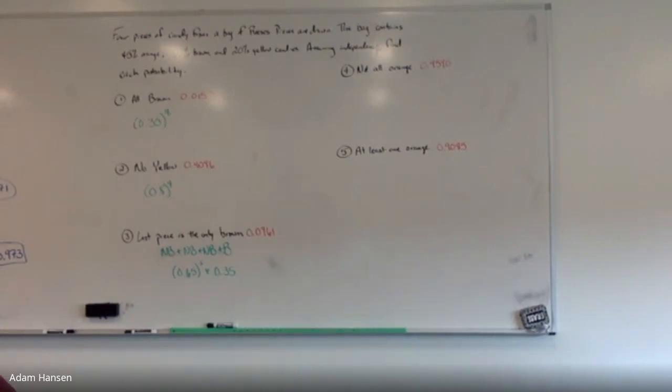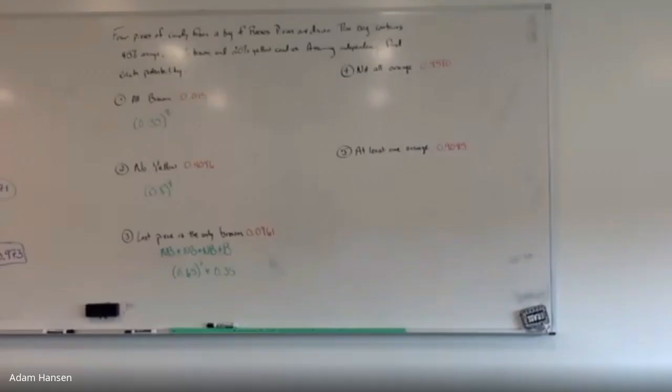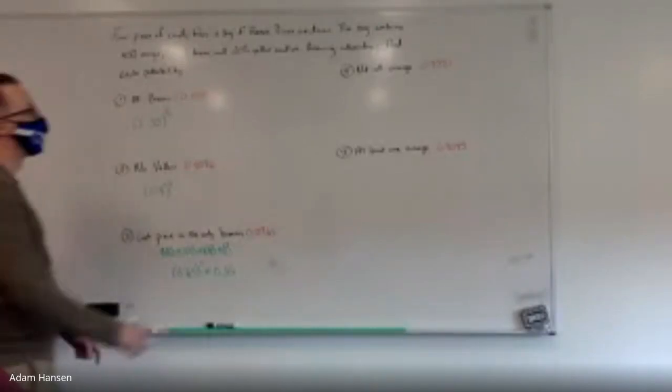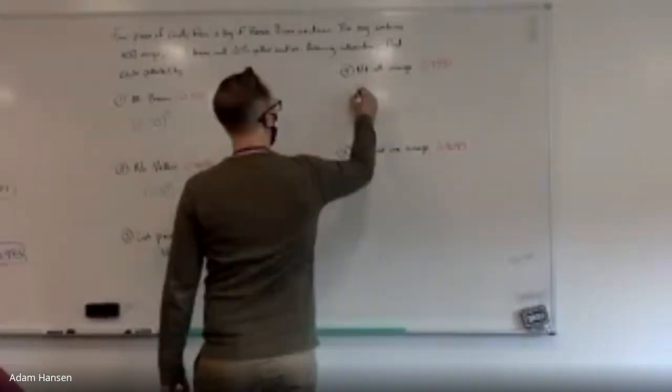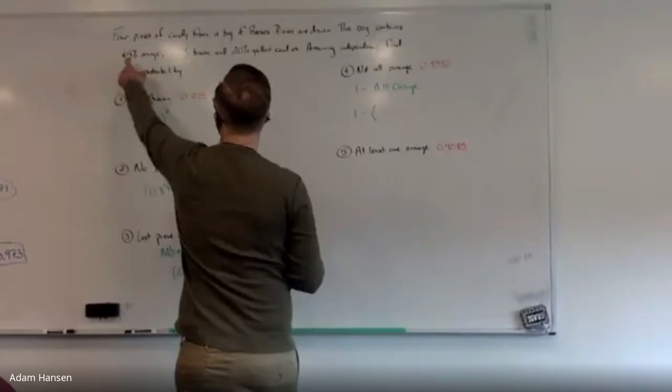All right, these last 2 are more complicated because we're talking about more than one potential outcome. You try the probability of all orange, and then subtract it from 1. 1 minus all orange. So 45%